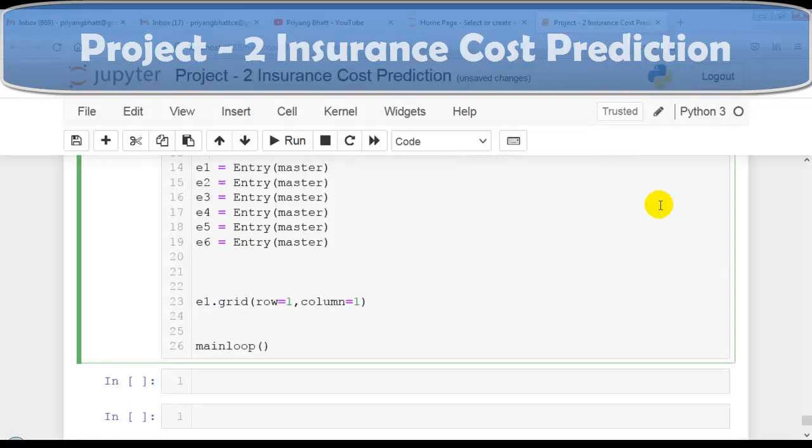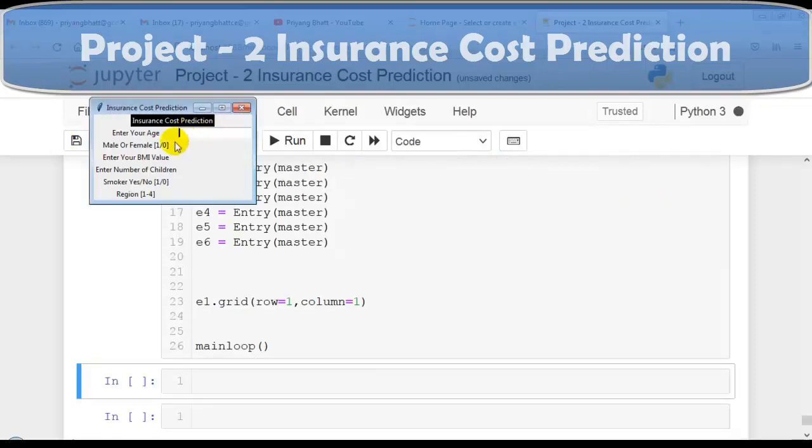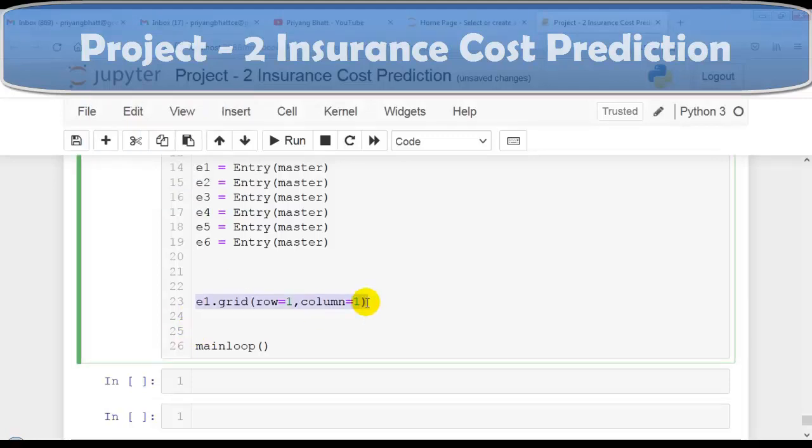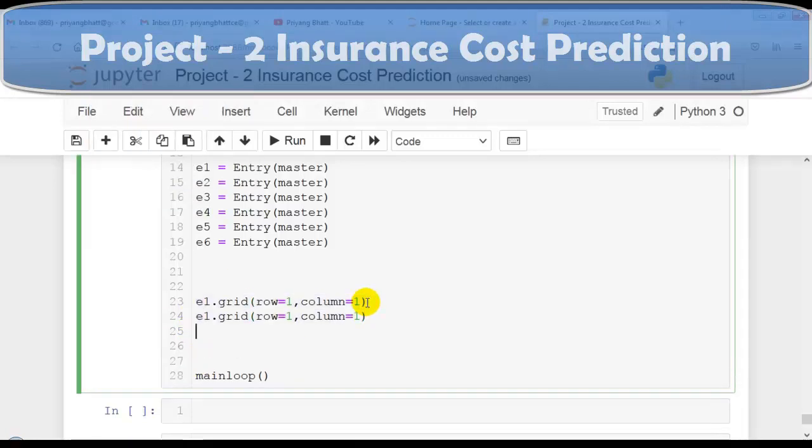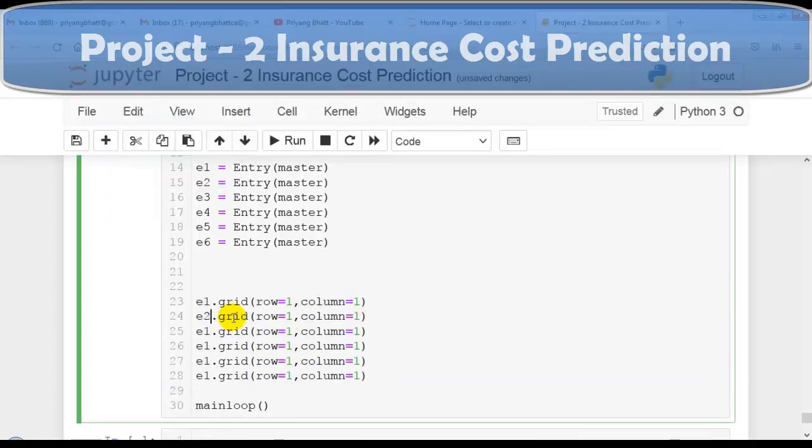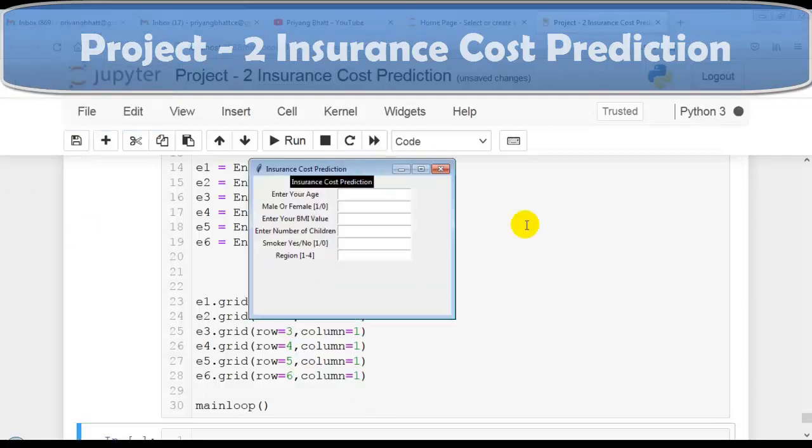Let me execute this cell. As you can see, row number 1 and column number 1. Now let me copy and paste it 5 times for E2, E3, E4, E5 and E6, so row numbers 2, 3, 4, 5 and 6 but at column number 1. Let me execute this cell. As you can see over here, this nice GUI is created.